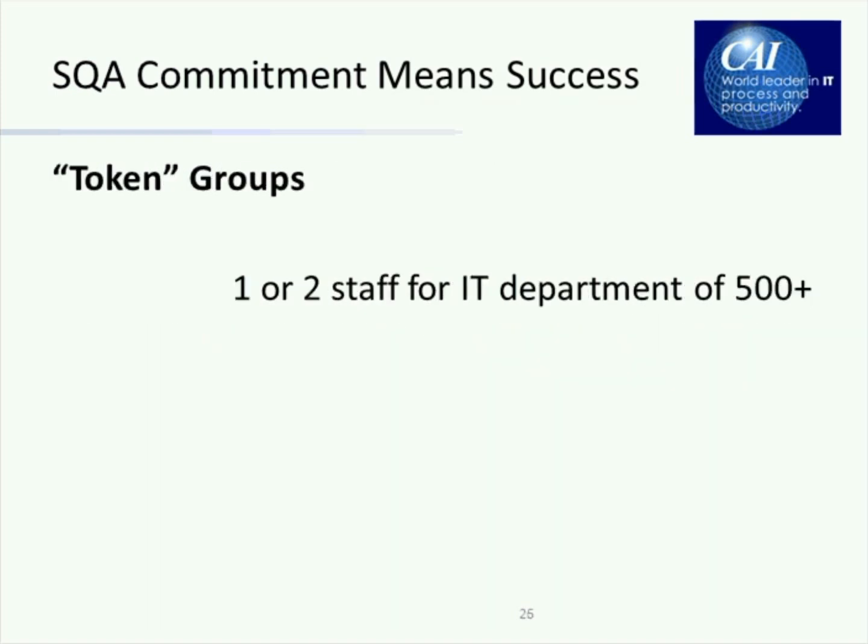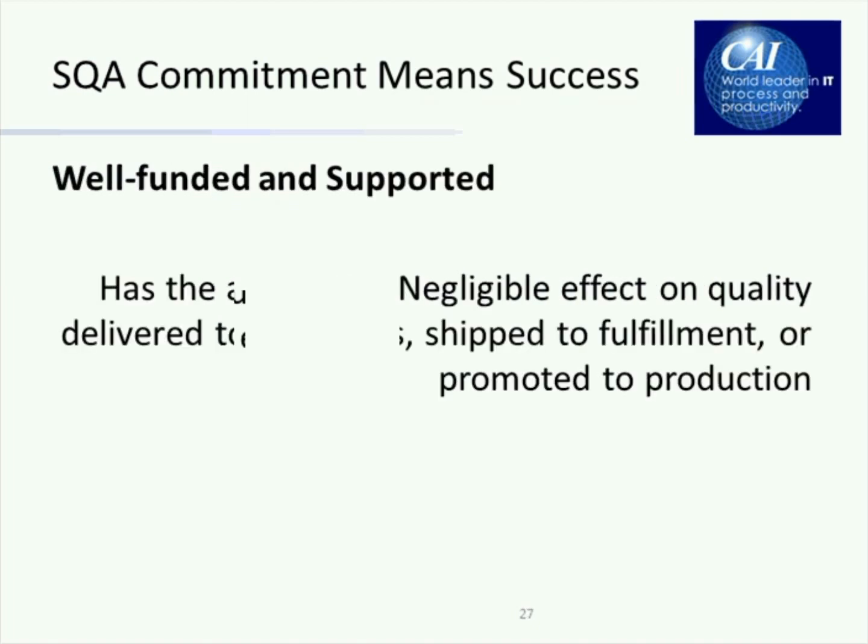If you're going to have token groups, like you say, "I've got SQA teams, got to check the box," and you've got one or two staff for an IT department of 500, it's going to have a negligible effect on quality. As a matter of fact, it's probably going to go the other way. It's probably going to have a detrimental effect on quality, because you're going to have low morale in your SQA group, and that's going to translate over to low morale in your development organization and in your quality assurance and testing organizations. So token groups just create problems for you that you